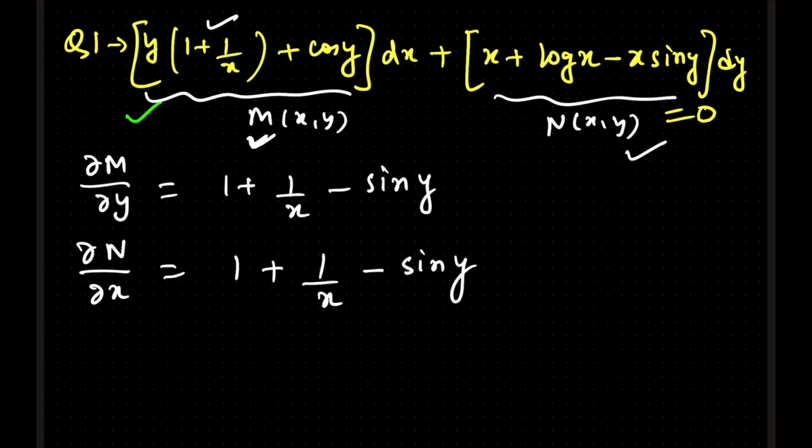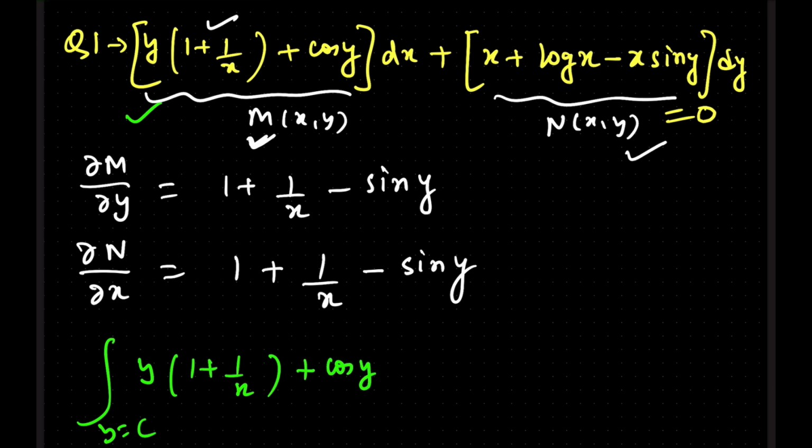So you can see that both are equal, which means our differential equation is an exact differential equation. So now directly apply the formula that we have studied. Here we will consider y as constant and we will integrate M with respect to dx. So you will get y times 1 plus x plus cos y,